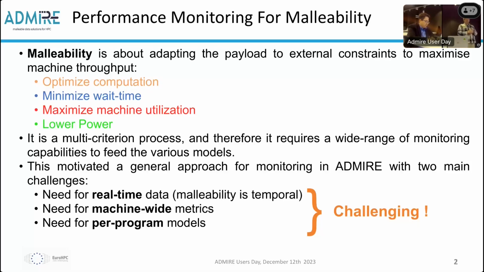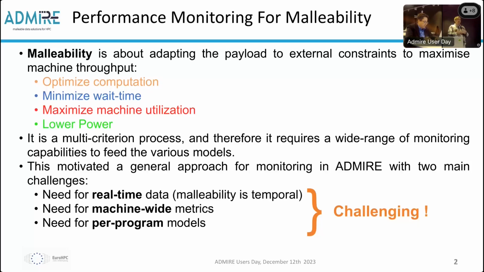Because what I'm going to present you is the metric proxy, which is the measurement infrastructure for Admire. It means we need data over time because we want the application to live over time. Time is a challenging dimension when you consider performance measurement because it's very verbose. Second thing, we want to adapt the application in function of its balance, which means that we have to measure also over space. Otherwise, you cannot characterize imbalance if you cannot compare how the processes behave through the machine.